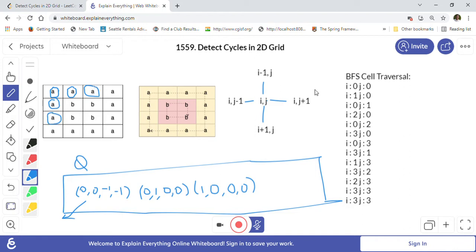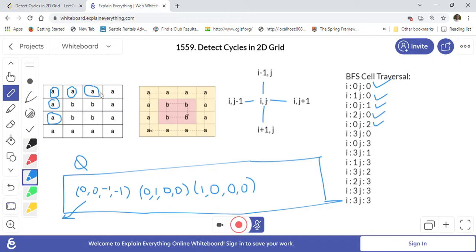So we will keep doing it, and as you can see, I have noted the actual BFS cell traversal, so you can see how the cells are visited, right? So first 0 0, right? So we have seen this 0 0, we have seen this 1 0, then we have seen 0 1. So sorry, this is 1 0, this is 0 1 we have seen, then 2 0, right? 2 0 means this cell basically. This is 2 0, correct? And then this one is 0 2, so 0 2 is also there. So 2 0 we have seen, 0 2 we have seen.